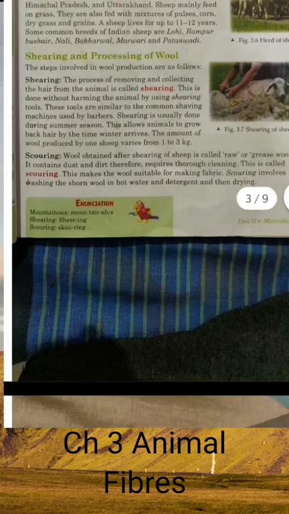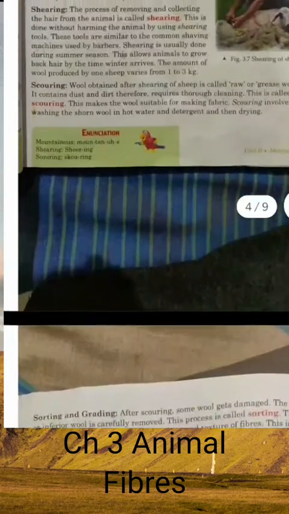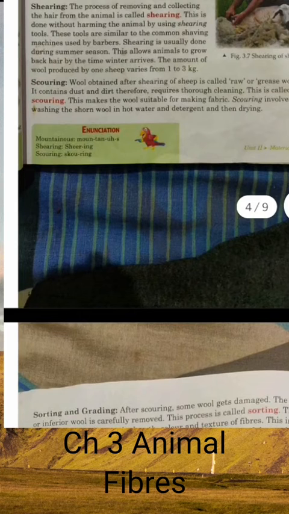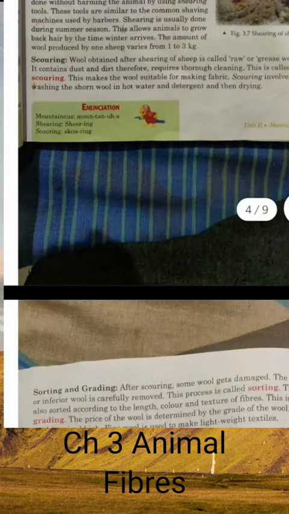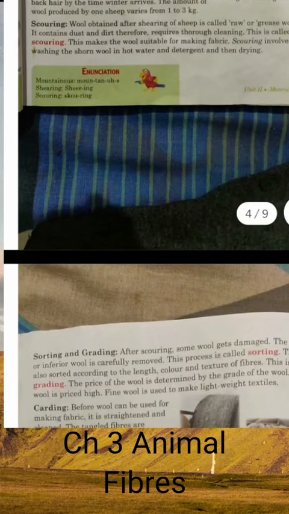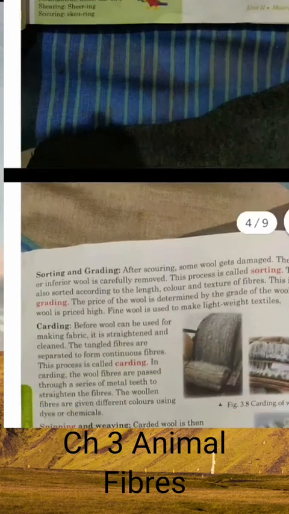Similarly, when we are talking about fleece that we have obtained, it also needs to be cleaned. So the second step, scouring, deals with the process of cleaning here. The fleece that we obtain, we pour into hot water and use specific detergents for removing all the dirt and dust or any other unwanted impurity which might be present.